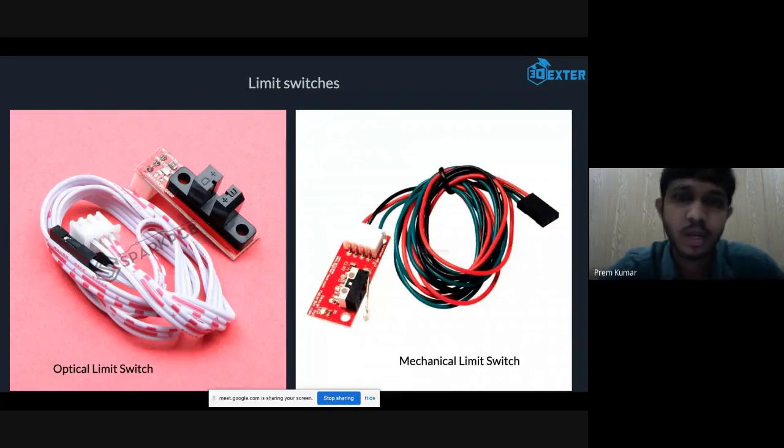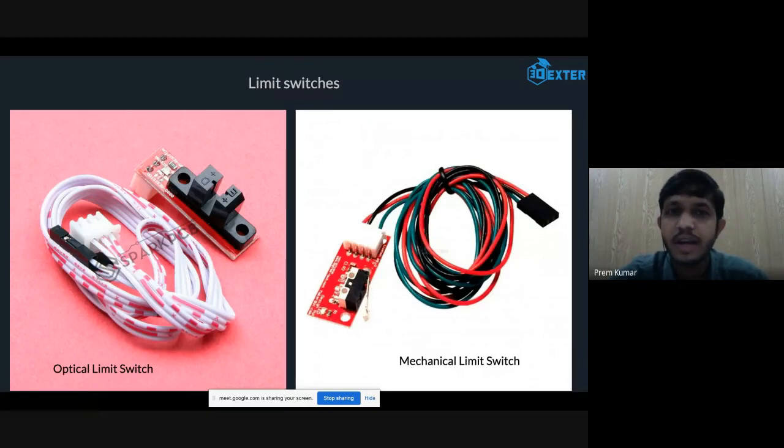So now coming to limit switches. We know that your 3D printer axis can move in the X, Y, and Z directions. But how does a 3D printer know where the X or Y axis has to stop?